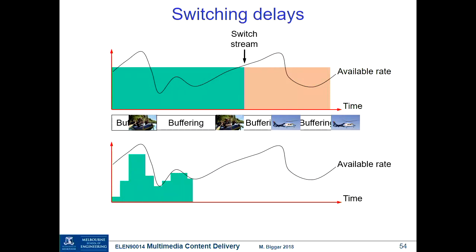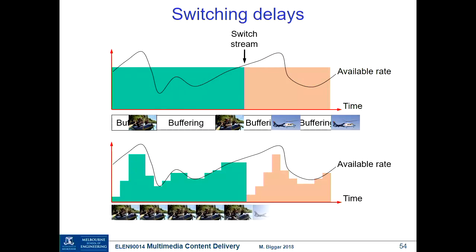We adapt when the network throughput is reduced, and if we get to the stage of switching streams, then even though the throughput might be high enough, we switch to a low rate to start, and we build up again. So this means that at the earliest possible time, we can start playing out. And as a consequence, ideally at least, the aim is that we just switch rapidly to the next stream, and we are able to continue playing